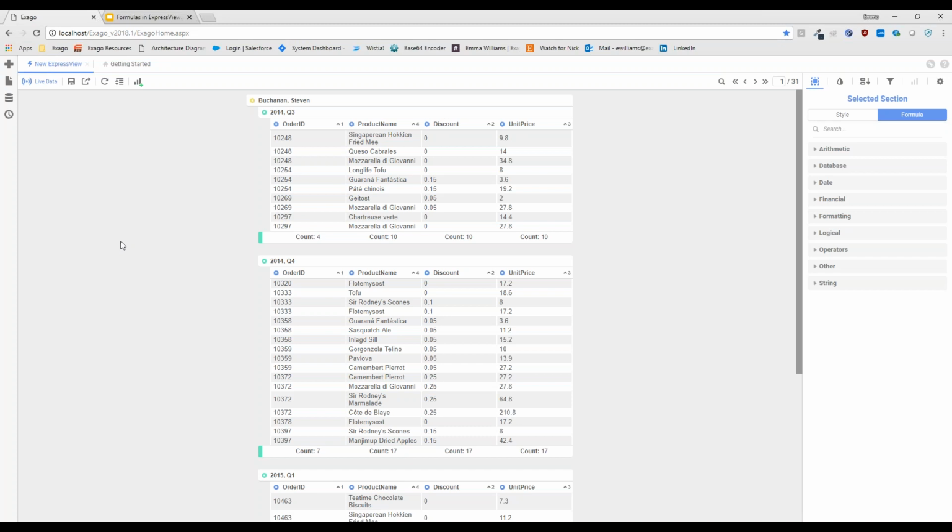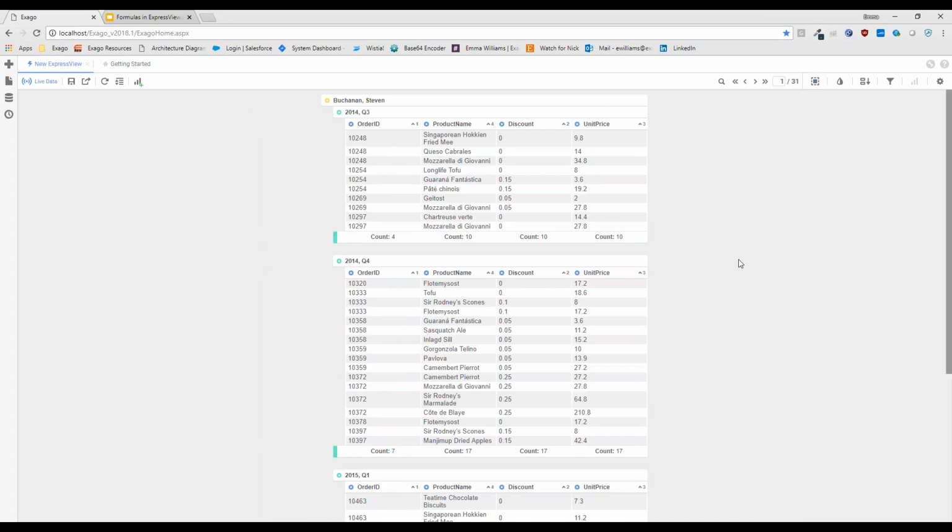So maybe the next thing that I would like to modify on my report has to do with this discount field, right? I can close out my selected cell menu. Let's just take a look at what we've already got on our canvas. This discount field represents the discount applied to each product for each order, right? For this product, the discount was 0, which means it is still full price.